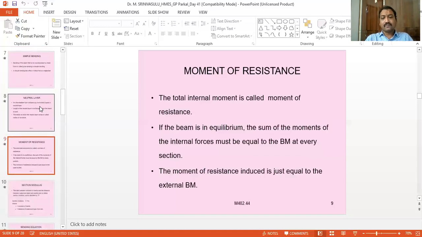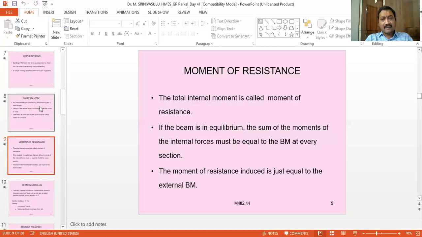Now, the moment of resistance. So here, what is happening? Whenever a beam is subjected to a number of external loads and a force acts, it creates some moment about any point along the length of the beam. Whenever a beam is supported at some supports and is subjected to loading,